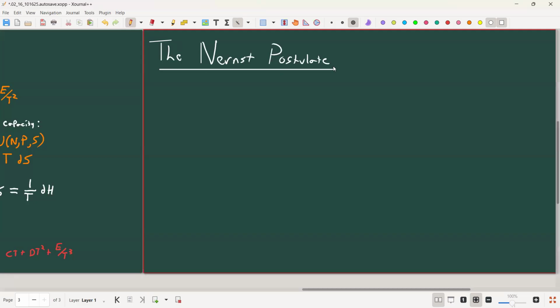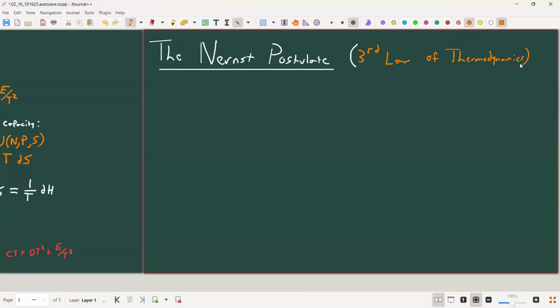Right. The Nernst postulate. If you were to pull up a traditional chemistry textbook, this is generally what's called the third law of thermodynamics. I have not used the term laws in this class because I take a slightly different approach than most people do. But this is what's called the Nernst postulate, and it's a very simple statement. It says for